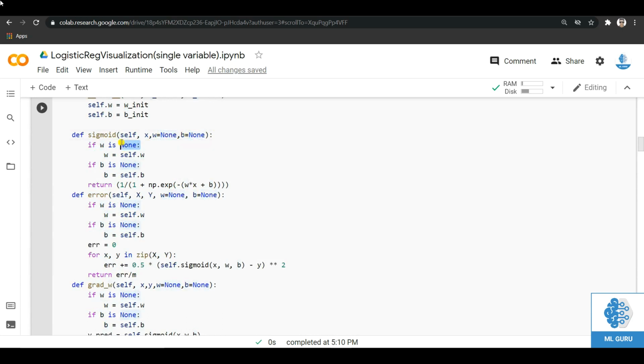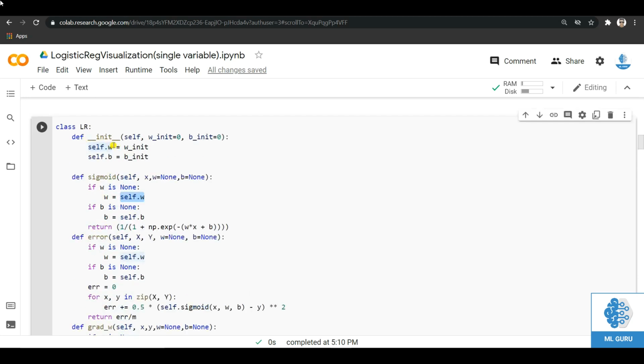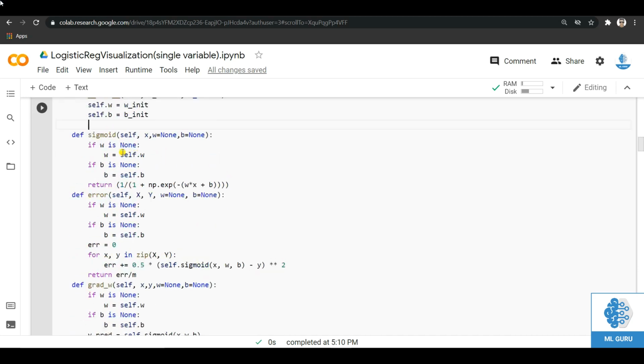If the default value is None, meaning the user does not specify the values of W and B, we will be using the values associated with the model, which is nothing but this particular thing. And now once we have this W and B, we will use the formula of the sigmoid function, which is 1 over 1 plus e to the power minus (wx plus b). We will be using NumPy's exponential function to calculate this.